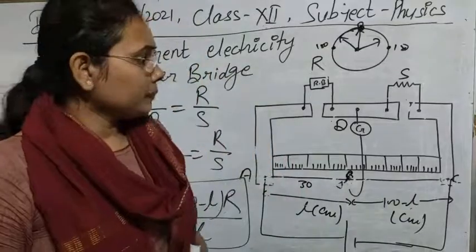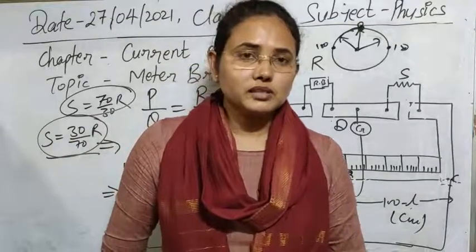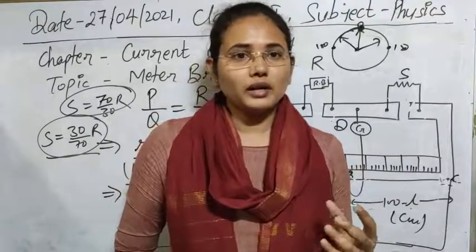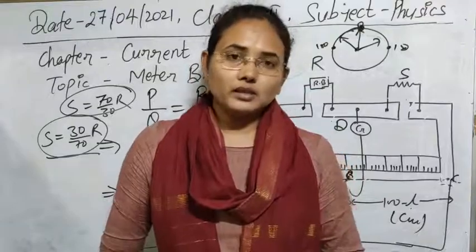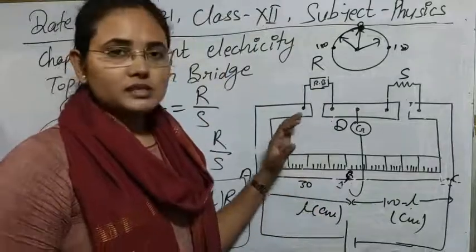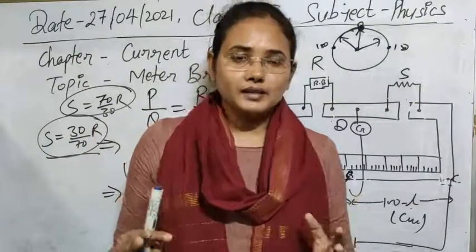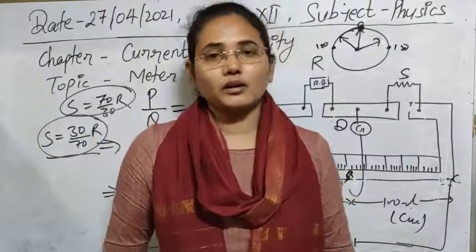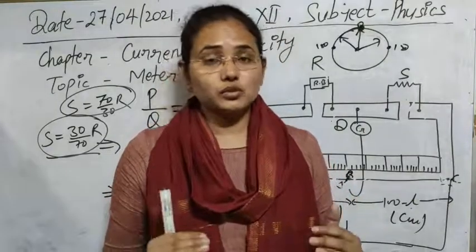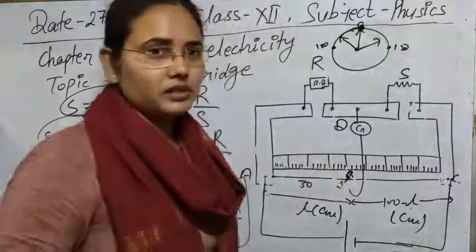Next thing, sometimes a question is asked about when our meter bridge or Wheatstone bridge is very sensitive. So first of all, sensitivity means how small a quantity we can accurately measure with a device. So that is called the sensitivity of the device. So the meter bridge or Wheatstone bridge is most sensitive when all the resistors that we have used, like P, Q, R and S, are of the same order. So if the orders of magnitude of them are the same, then the Wheatstone bridge or meter bridge is very sensitive and you can very accurately find the value of the unknown resistance there.